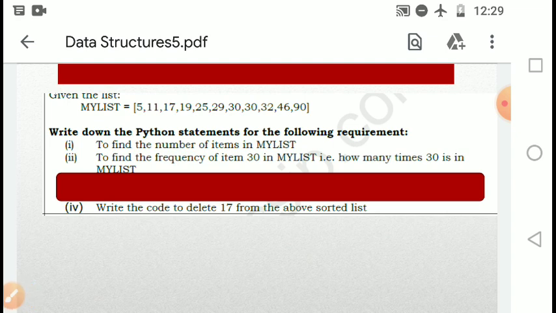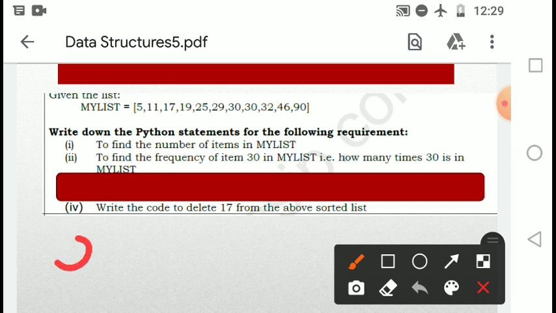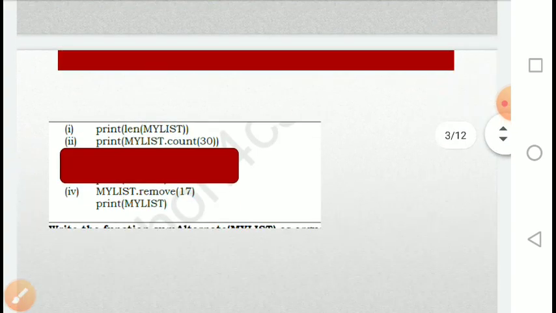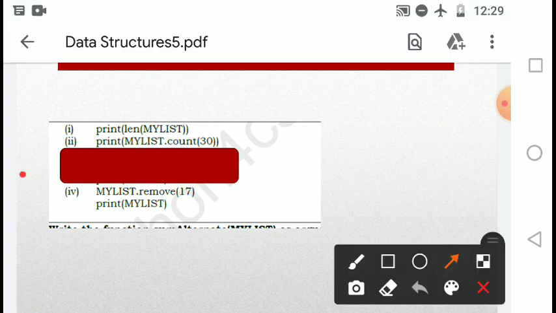The third question asks you to remove or delete the value 17. There the function is remove. We can see how the answer will come. The first answer is length of my list. The second one is my list dot count, and as a parameter of count you have to give the value 30.